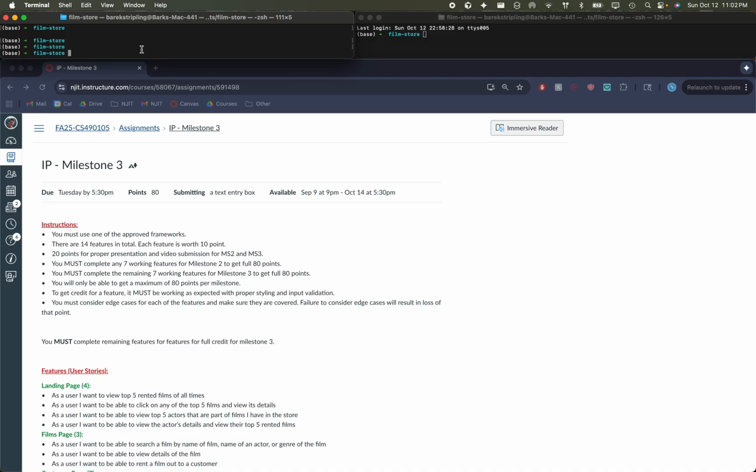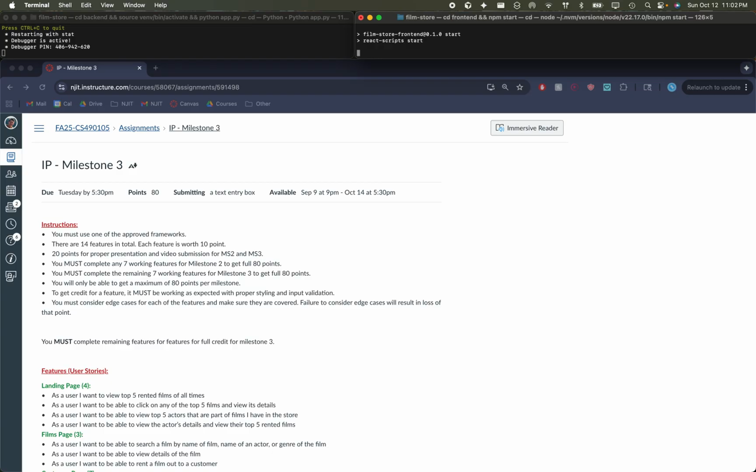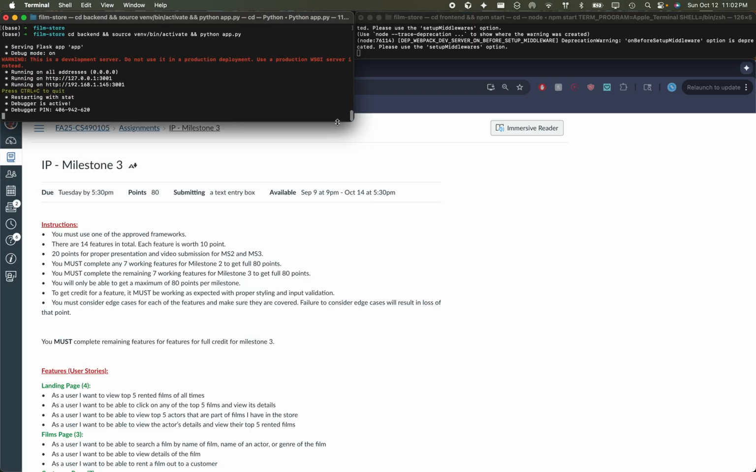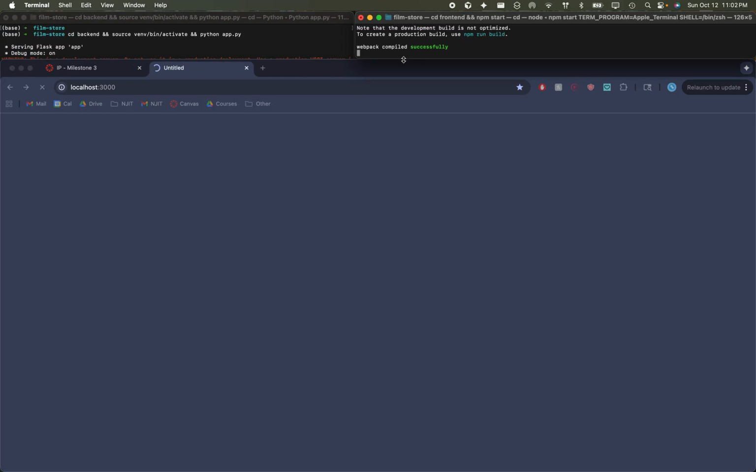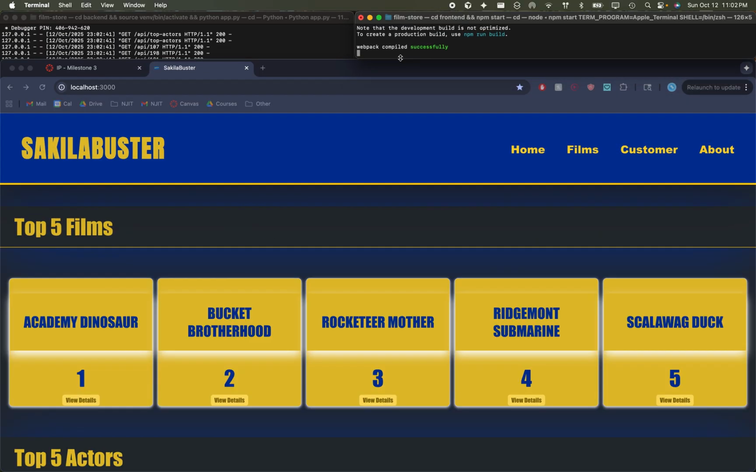To start out, we will run the back end and the front end. So, here's our landing page. And then we can go through all the use cases, and I will specify which ones are being highlighted specifically